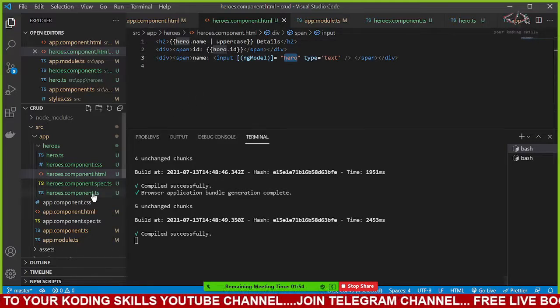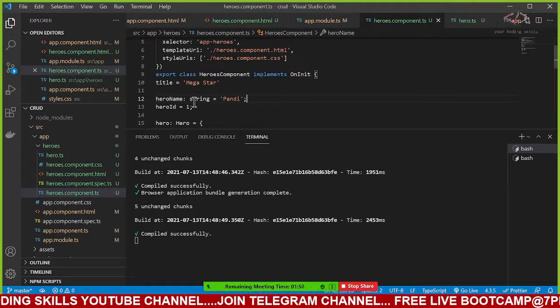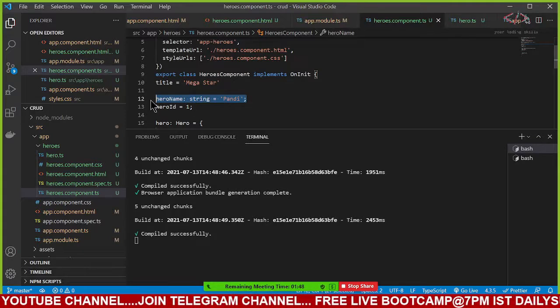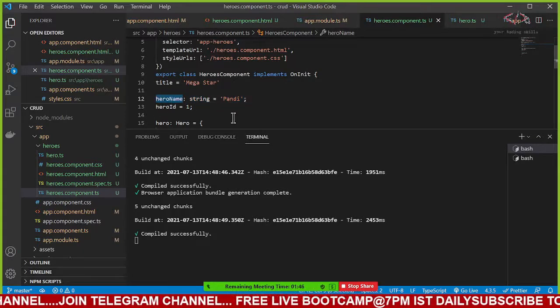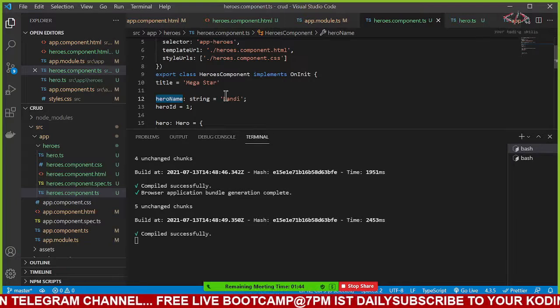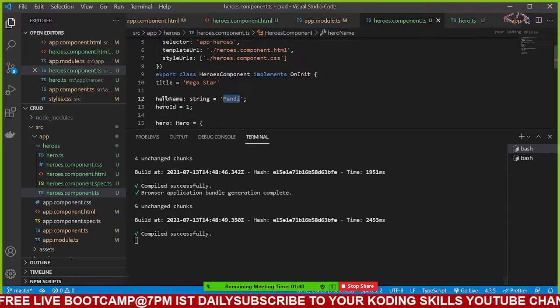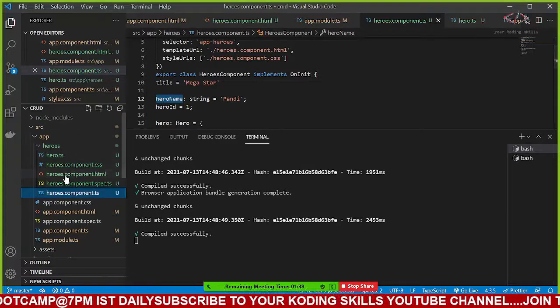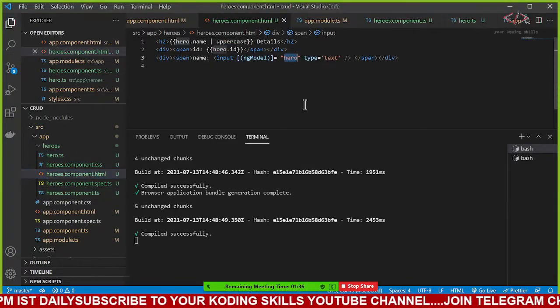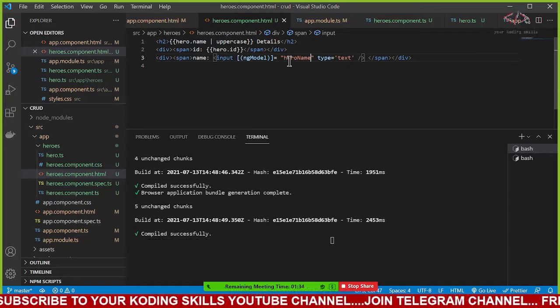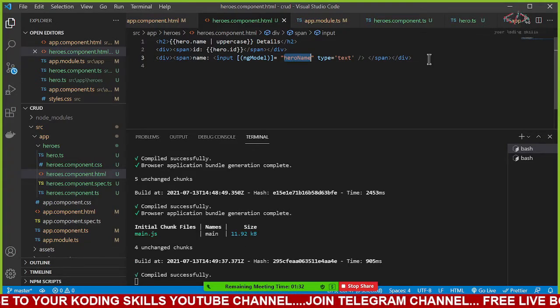Now, for example, for your question, if you see here, this is a direct variable. You can take that hero dot name and you can assign it. And if you type, now today it is Pandi. Now this Pandi can be changed to Navin from the UI. For example, hero dot name here. I go back and write hero dot name here, and let me display this for you people.